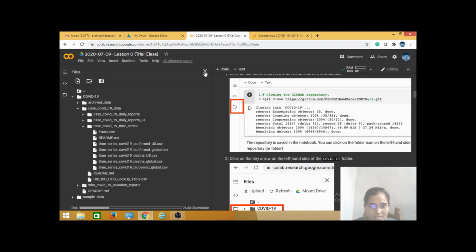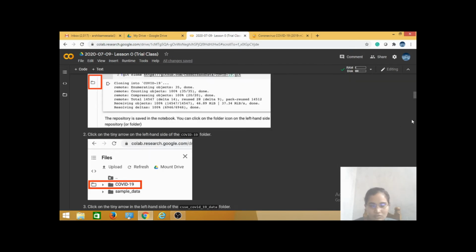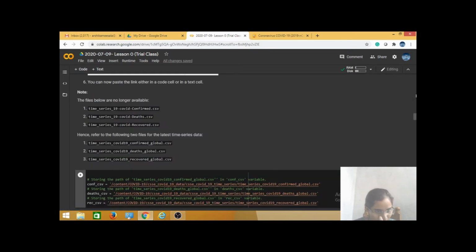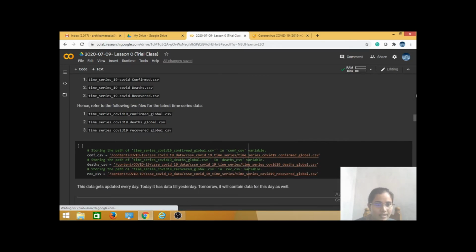So this is the pictorial representation of what we have done now. Here you can see I pasted all the paths for the .csv files, and here I am assigning some values for the particular paths. Why?